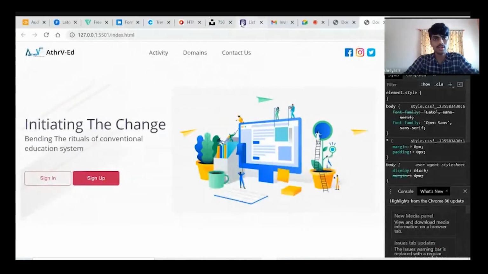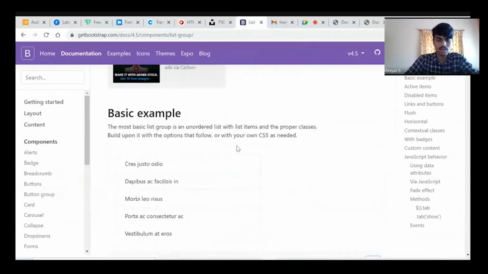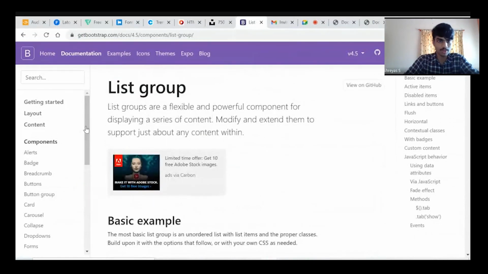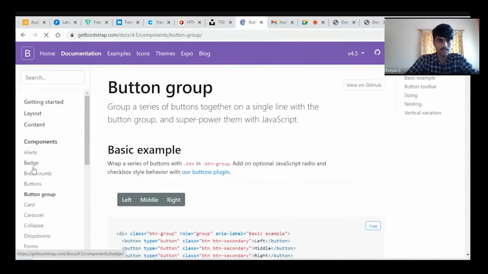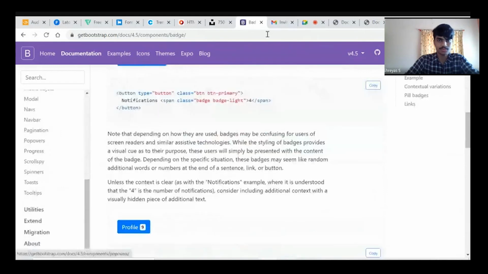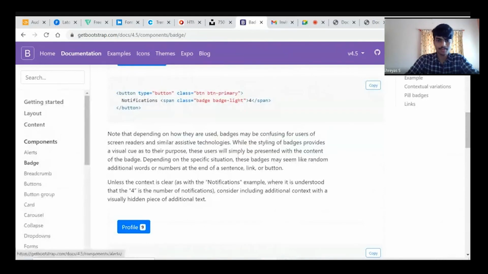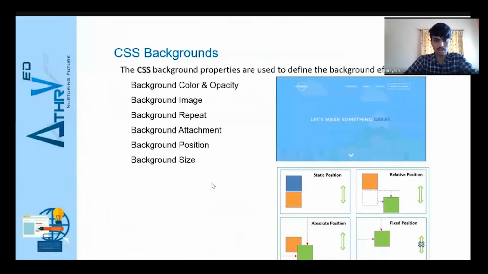One more alternative is Bootstrap. This is a website, Bootstrap. Even this is a link. You can download the package and use the link, framework libraries. Here you will get multiple button groups, button classes, badges. You can use these properties in your web page with Bootstrap. So yeah, that will be the end of the explanation.